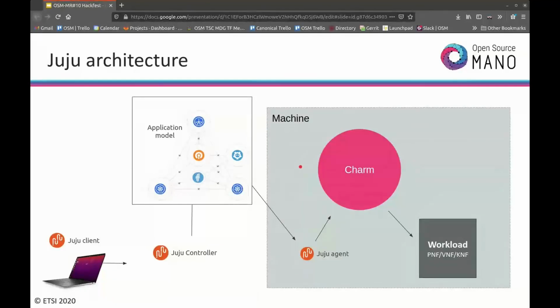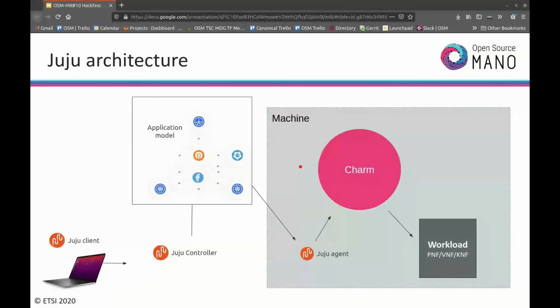Basically we have three things. The Juju client, that is basically when we do juju deploy, juju relate, and things like that. But those are just commands that run against the Juju controller. The Juju controller is the piece of software that handles all the charms, all the models of all the different clouds. And then each one of these charms, imagine I do juju deploy Kafka as a charm. So that Kafka charm will have